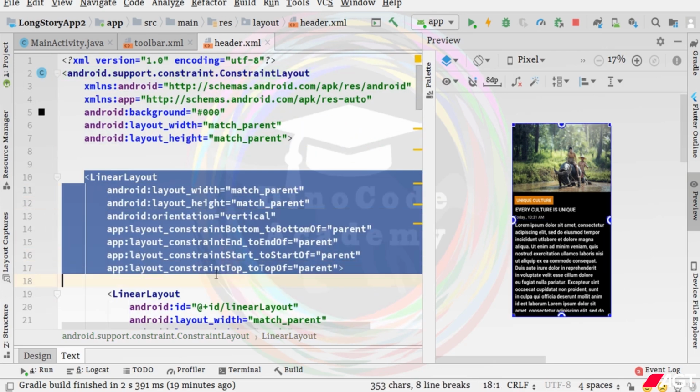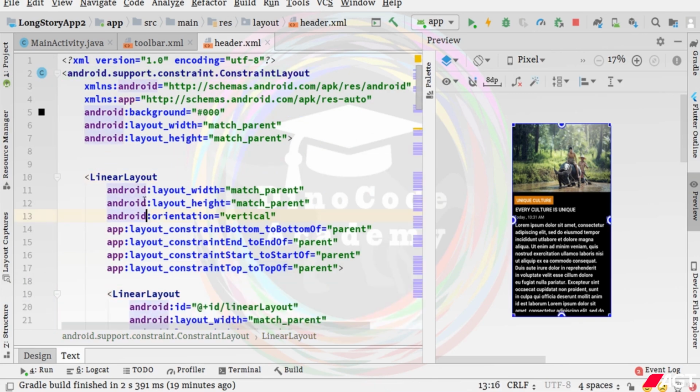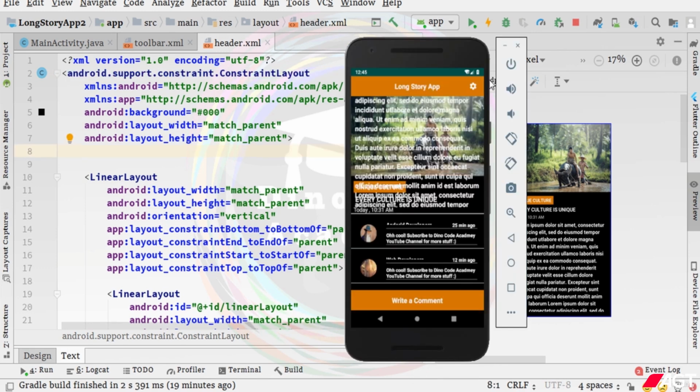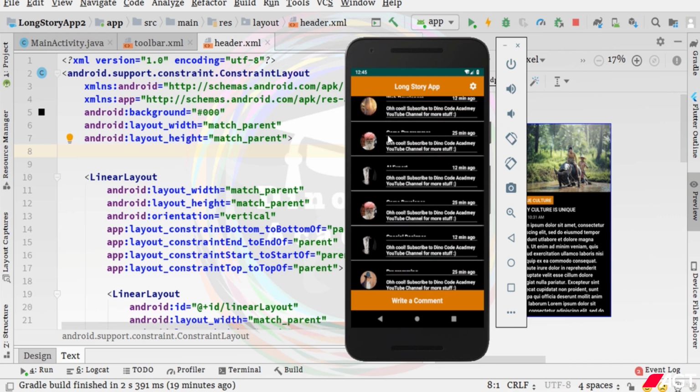So this linear layout is going to be the root of all the elements that are present inside this linear layout, and this linear layout root element is our constraint layout. So this will actually solve the issue of the header.xml file error. Now you can see that the list view items are not appearing properly. So to fix that,